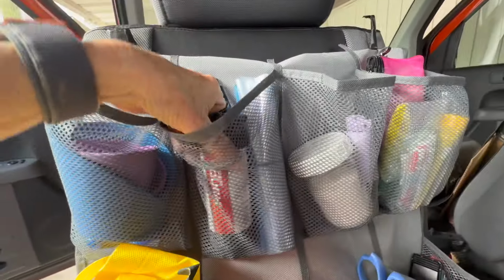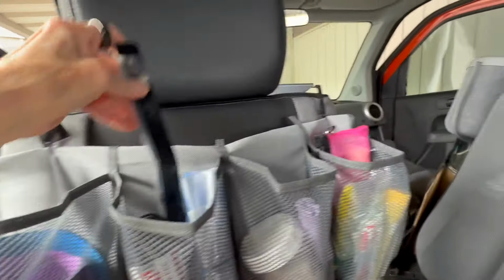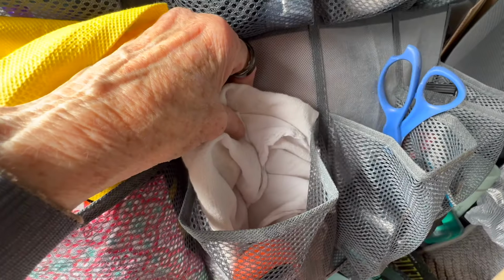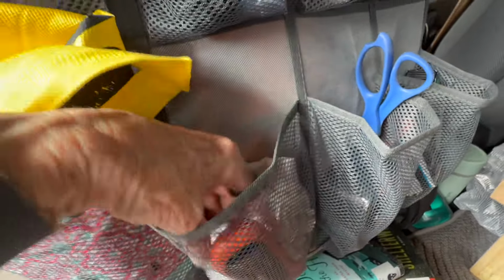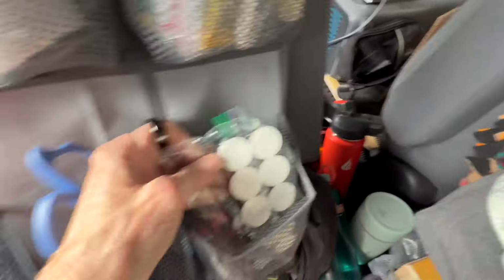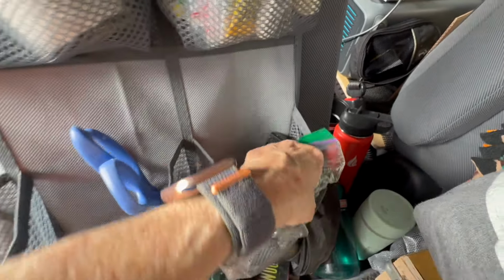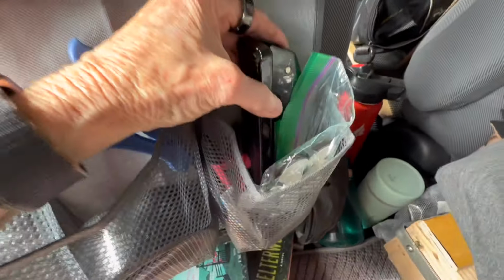Ziploc bags. Paracord for whatever. Velcro. Super glue. Visors. Shopping bags. Test oil, dipstick, rag, tire gauge tester, two kinds of tape, scissors, little felt tabs to put on things. I bought those with all kinds of things in mind, and then I didn't use them for anything. A clipper, a stapler,